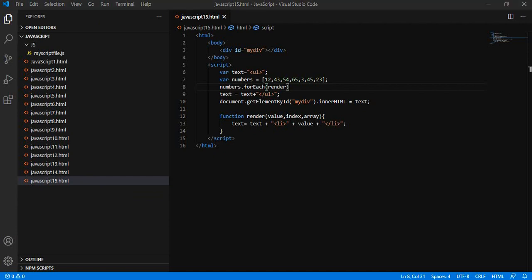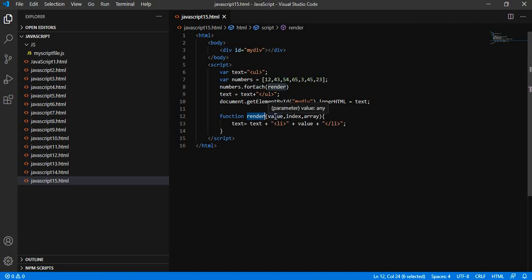So in this example we have seen that the forEach method calls the function each and every time for each and every element. If we have 10 values, right now we have 1 2 3 4 5 6 7, 7 values, then this particular function has been called 7 times, and every function takes value, index and array.